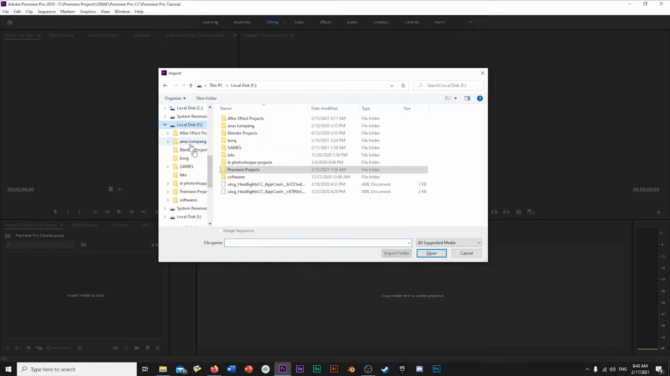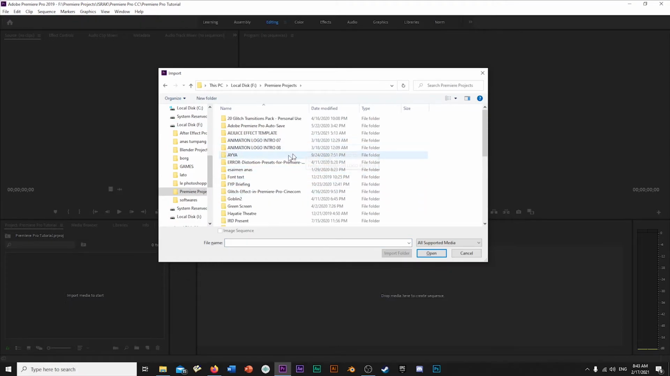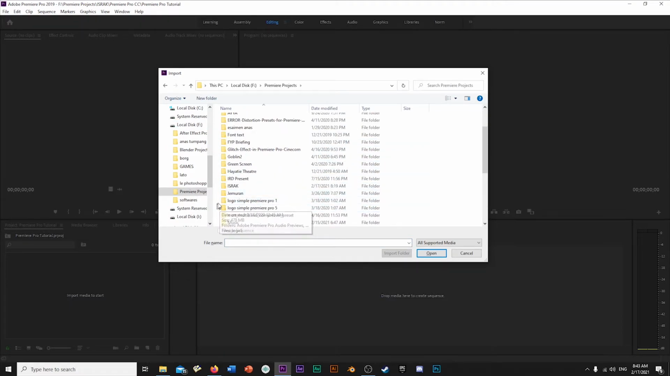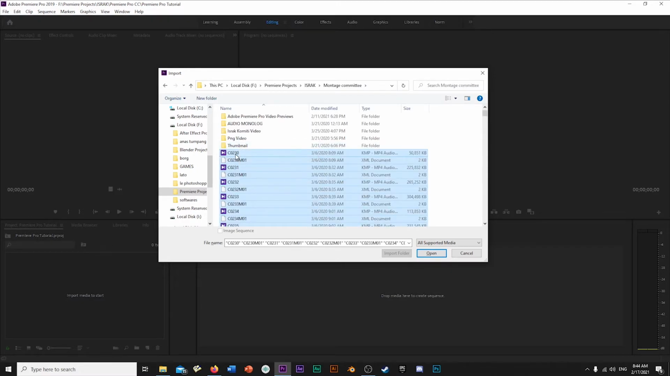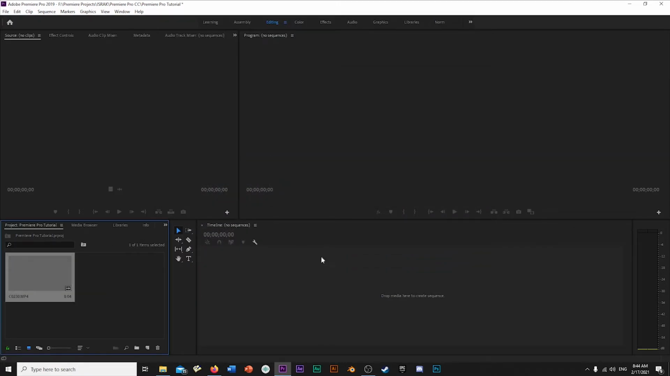So you open any project that you want to open, and it will import it. If you see right here. That's the first step